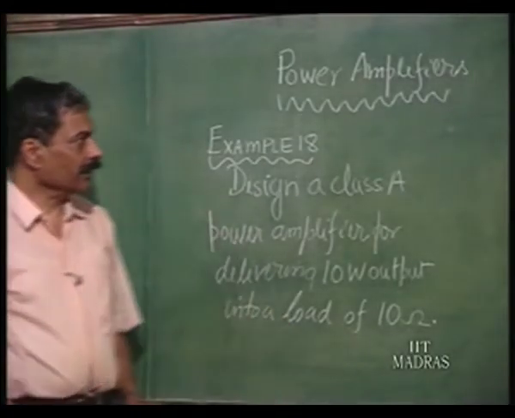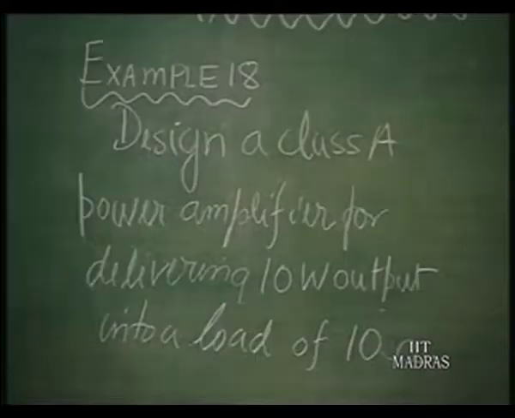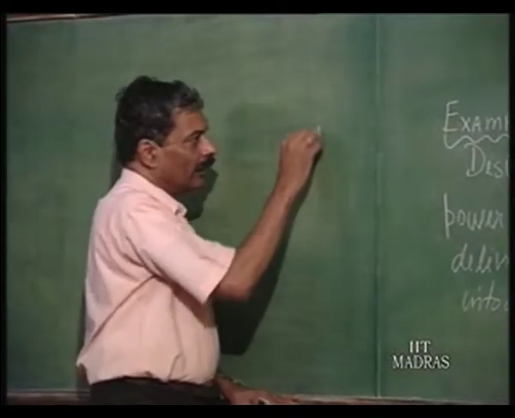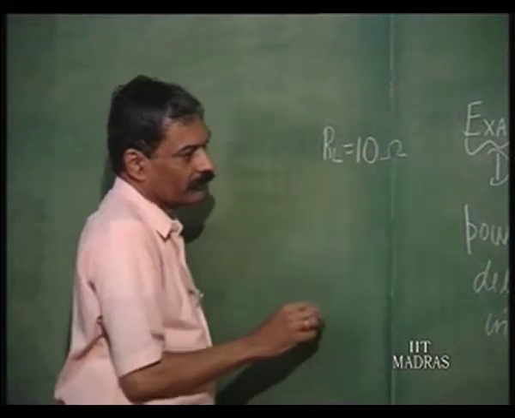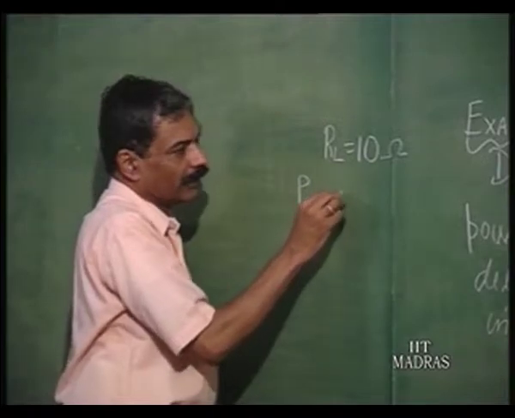Now, let us consider an example. Design a class A power amplifier for delivering 10 watt output into a load of 10 ohm. So, this is a typical design of power amplifiers. The RL is given as 10 ohms. Power output is given as 10 watts,